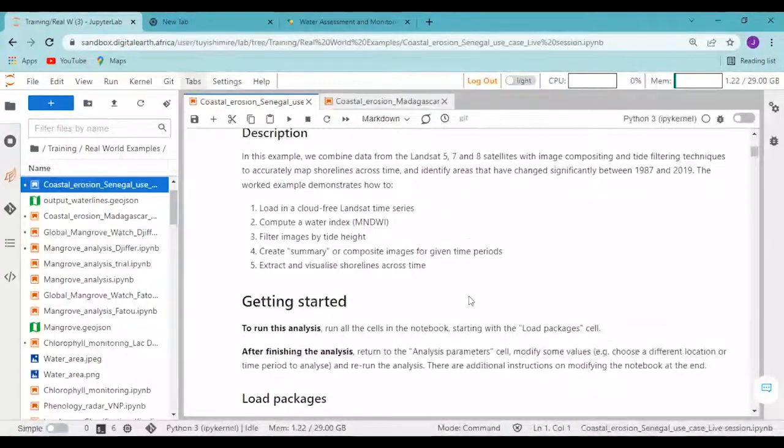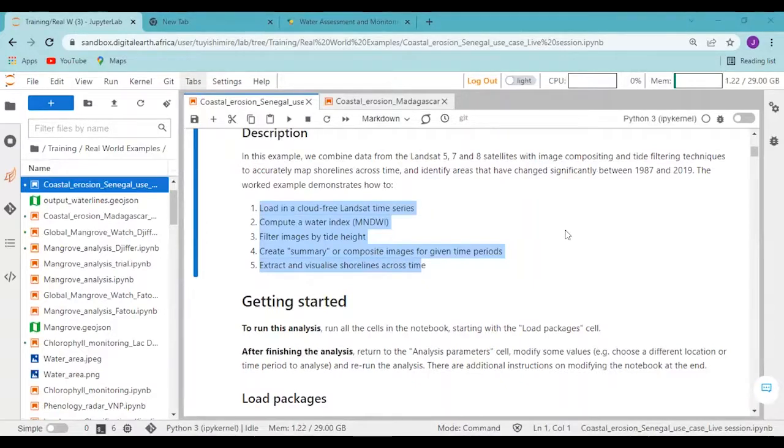Now this notebook is mostly based on Landsat time series, and we are using mostly the modified normalized difference water index to monitor the water extent,